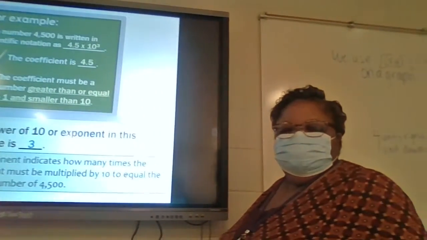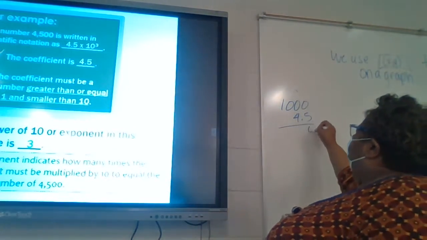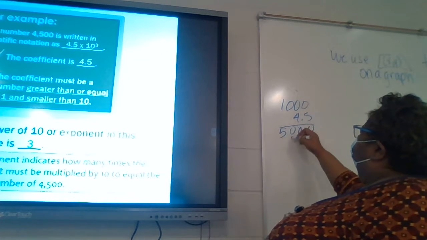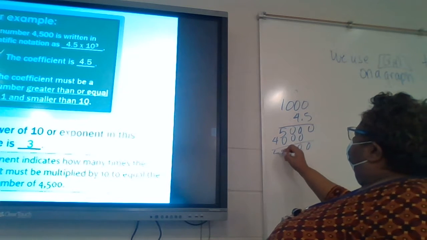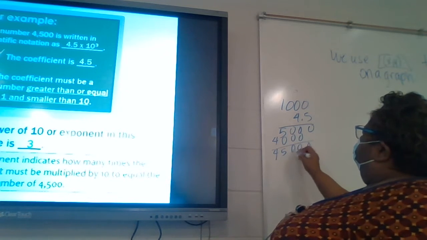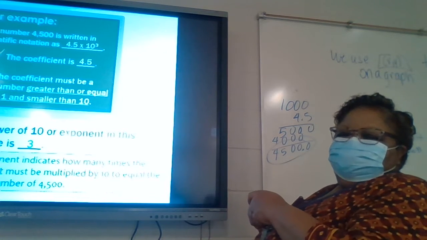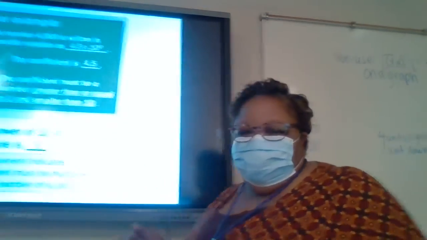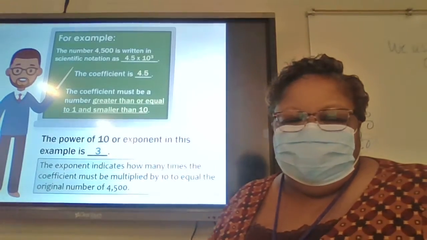Okay, so 5,0,0,0,5, and then 0,0,0,4. Add everything together. Bring my decimal over 1, and I'm back to 4,500. So we see that's where we get it from. Now 4,500, we'd probably just write 4,500, but